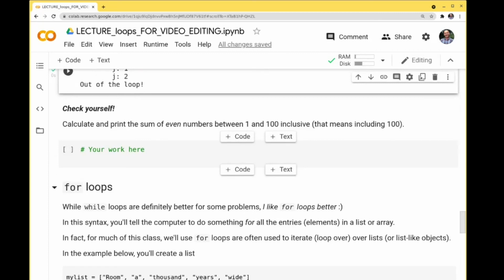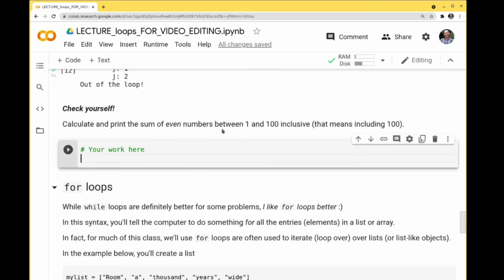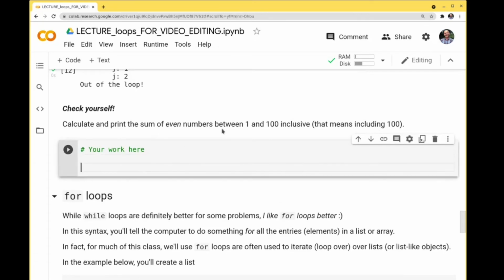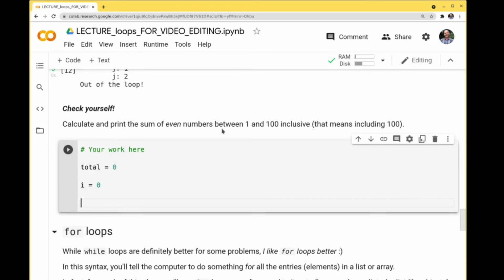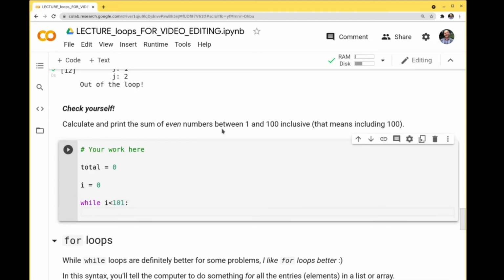Okay. So let's use this loop to print the sum of even numbers between 1 and 100 inclusive. Inclusive means that we're going to include 100. So how would we do the sum of even numbers with a while loop? So I would have my little total that's equal to 0. I would set my counter. I would say that I equals 0. That's my counter. And then I would say while I is less than 101, because we want to include 100,